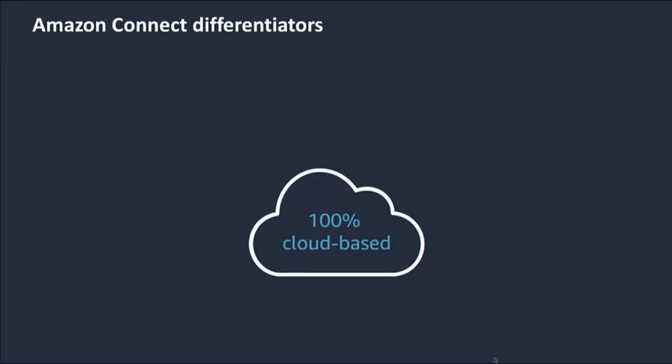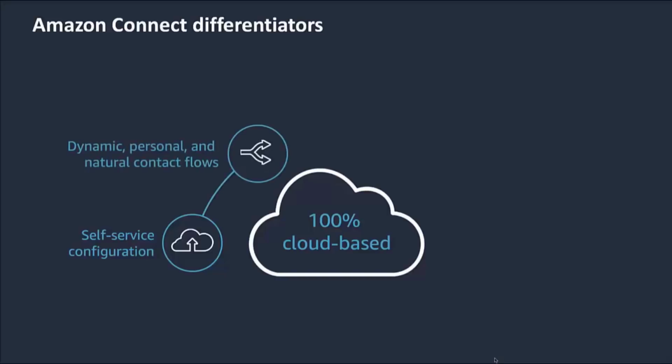Amazon Connect is a 100% cloud-based contact center service offering with pay-as-you-go pricing from AWS. There's no need to deploy hardware or manage telephony infrastructure. It's designed to be fully self-service in that you can log into the AWS Management Console, click on Amazon Connect, follow a few steps on a wizard, and in about 5 minutes have a fully functional contact center stack ready to use. Amazon Connect enables your businesses to offer dynamic, personal, and natural customer experiences using our easy-to-use contact flows.